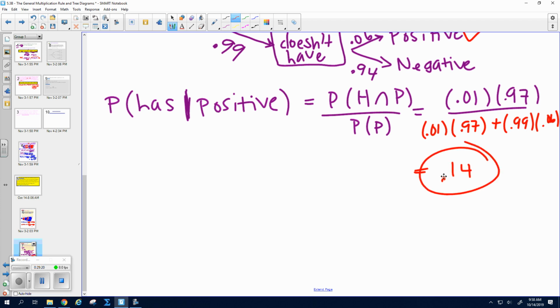What is this actually saying? Given that somebody got a positive test result, there is only a 14% chance she actually has it. Isn't that weird? Doesn't that seem weird? Yeah. That's weird. All right. Anyways, there you go. We're not doing that or that, so